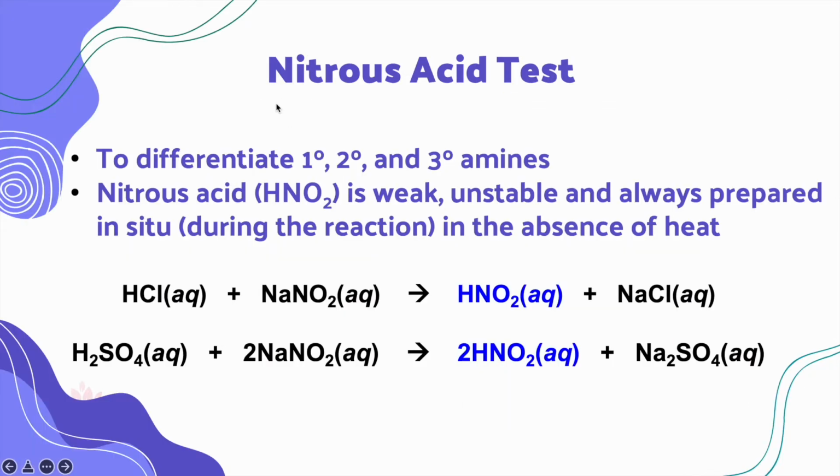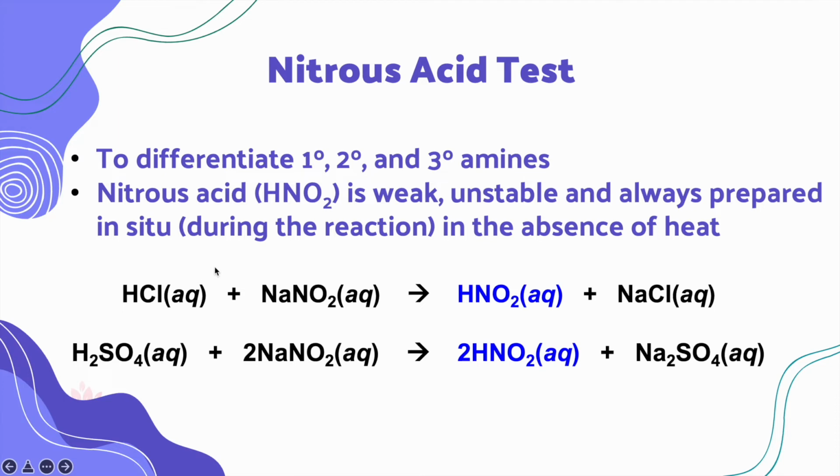Nitrous acid test. Previously, Hinsberg test. Now, nitrous acid test. It is to differentiate primary, secondary, and tertiary amines. The nitrous acid, HNO2, is weak, unstable, and always prepared in situ, which means during the reaction, in the absence of heat. In situ means when you want to use HNO2, you have to prepare HNO2 during the reaction,